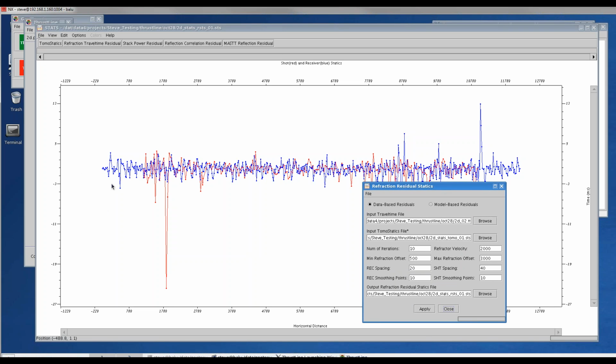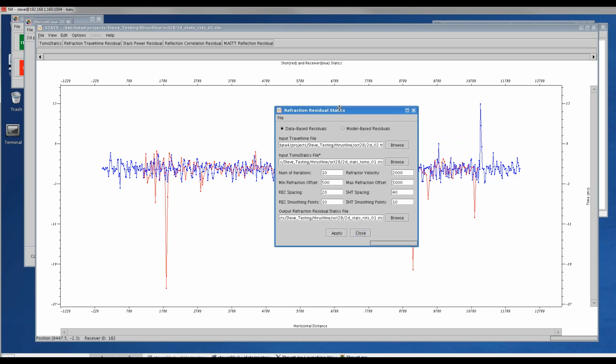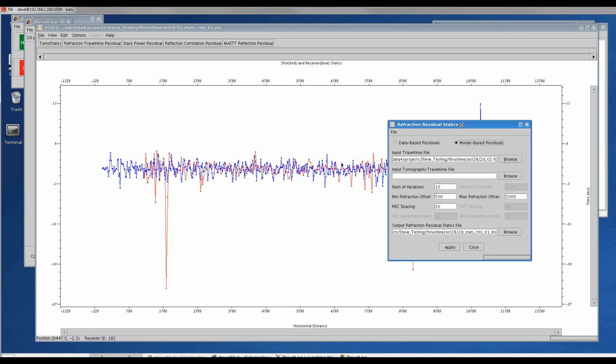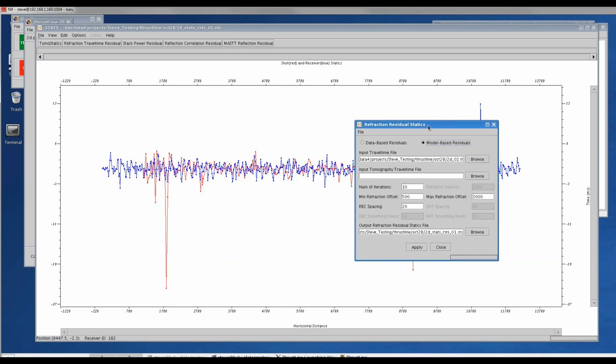Again, these are quite small, centered around 0. So that's the database residuals. We'll also calculate model-based residuals. This is an alternative method. So what you should do is take a look at both results and compare them on your data and see which results you like better and use